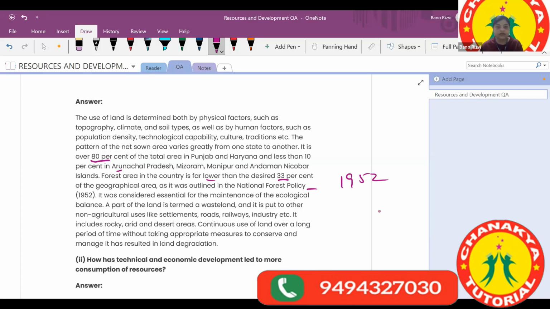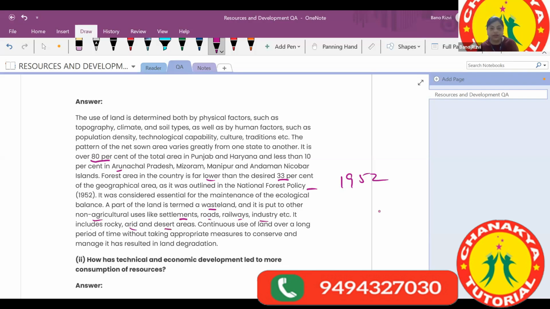It was considered essential for the maintenance of the ecological balance. Now, a part of the land is determined as wasteland, and it is put to other non-agricultural uses like settlements. Settlements means people are living over there. Roads, railways, industries, etc. Industries, especially in the mountainous area, we have the cement industry. This gives out a lot of dust, so it is not cultivable. So it includes rocky and